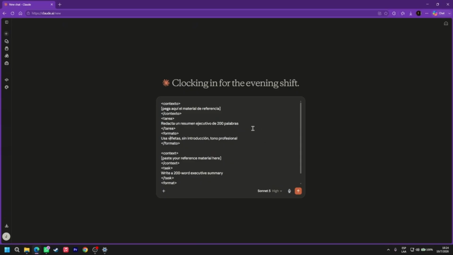As you can see, if you're a bit more familiar with programming, it's like we are splitting things up, right? So here we will first have to put the context. Then inside this context section, obviously all the reference material. Then where it says task, it's what we want the artificial intelligence to do in this activity. And finally, the format. In this case, you have a specific format, an introduction, or want to specify something you don't want inside your